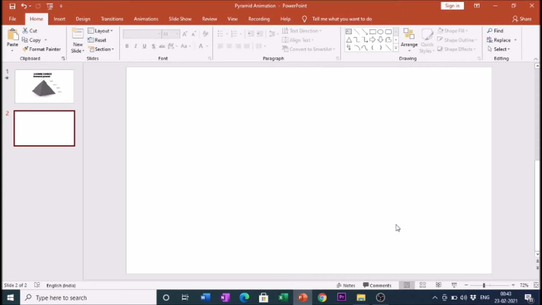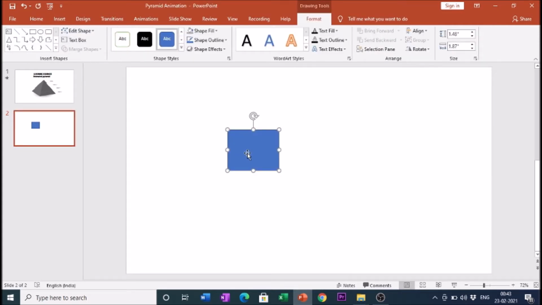The first step would be to create this structure. So all I need to do is first I'll take this rectangular box and I'll create a box on this, as you can see on the screen. Now, to make it a lot more perfect, I will select the size of the box. As you can see in the size section, I select 1 inch and 1 inch. So 1 inch in height and width is what I have taken for this